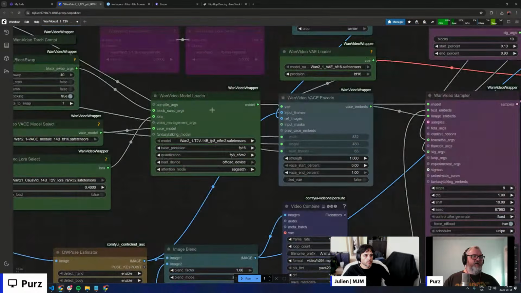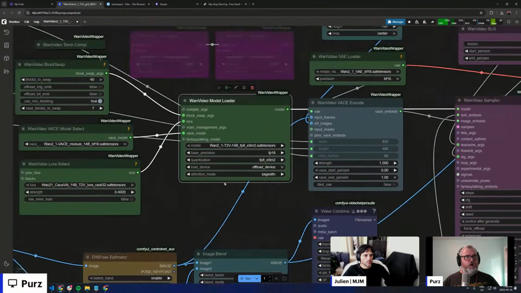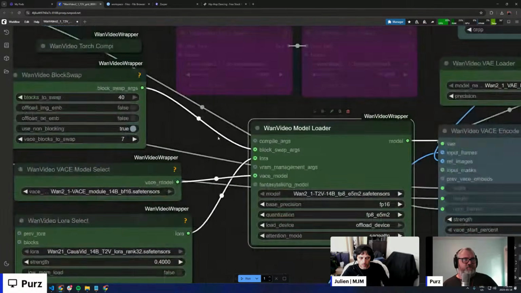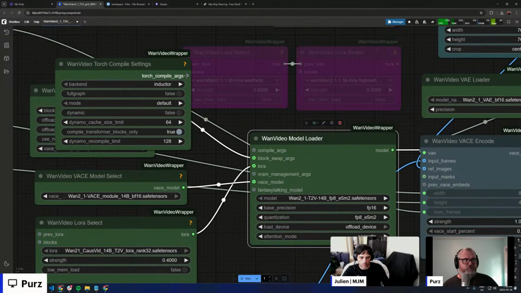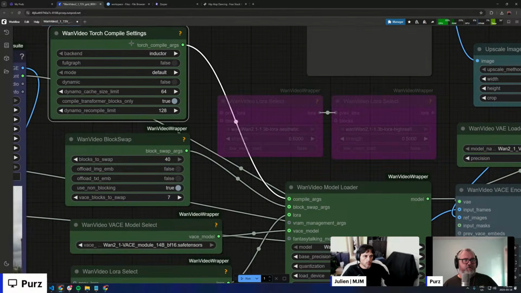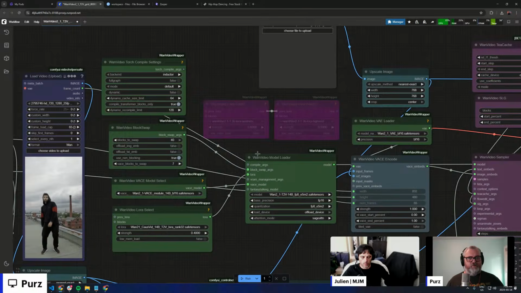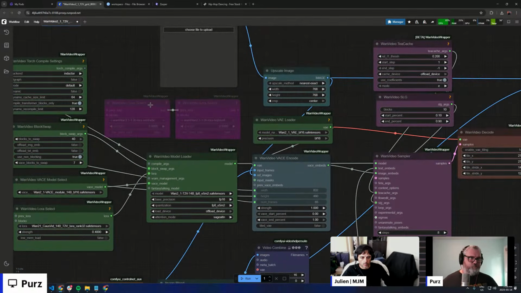All right. So all this goes into the WAN video model loader. This is the main model loader. You can see everything's plugged in here: the Vase model, the LoRa, the block swap stuff. Compile args. This is where you plug in the Torch compile stuff if you want to use it. Torch compile args plugs into compile args, and then you just leave that plugged in there, and it'll do its business. If it's not plugged in, it won't do anything. So just leave it unplugged if you don't know what it does, or you don't have Triton. These LoRa loaders up here are bypassed, but you can use these to use WAN LoRa's to drive your generation